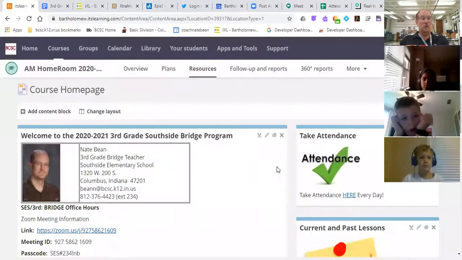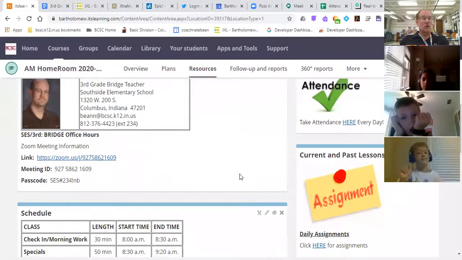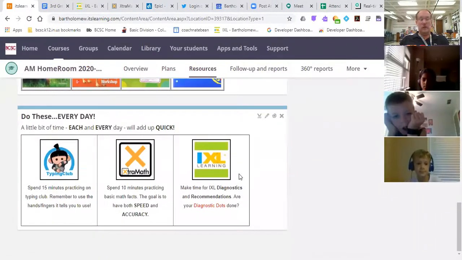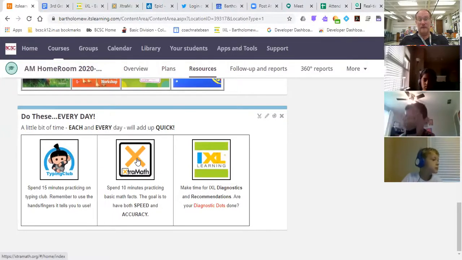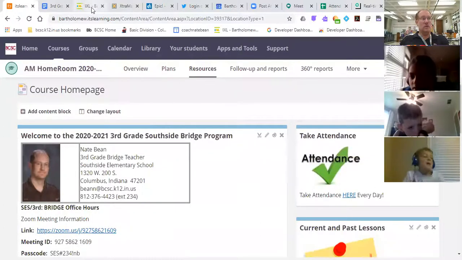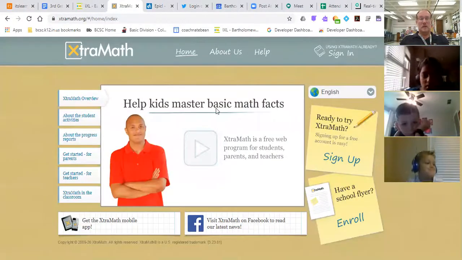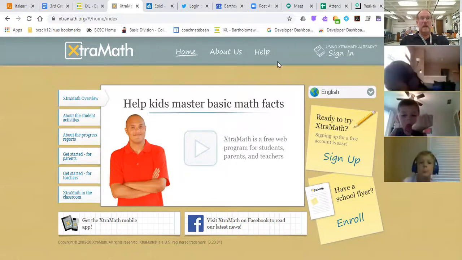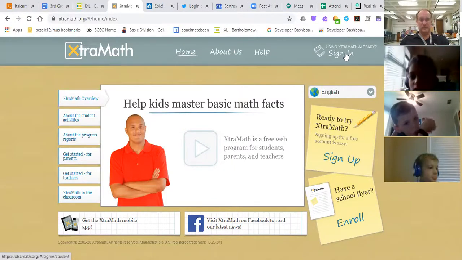On your It's Learning page, you do have a link right here to take you to Xtra Math. So you don't necessarily need to worry about getting the login or whatever. There's a shortcut right here. And then once you get to that shortcut, you're going to see this guy right here. All right. And when you sign in,